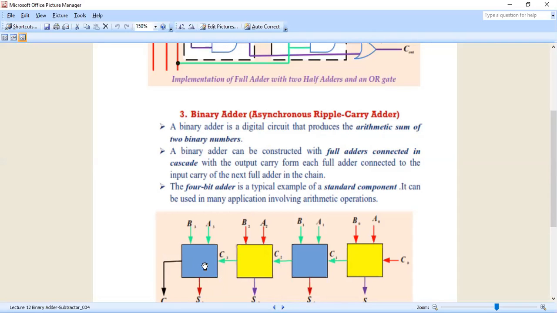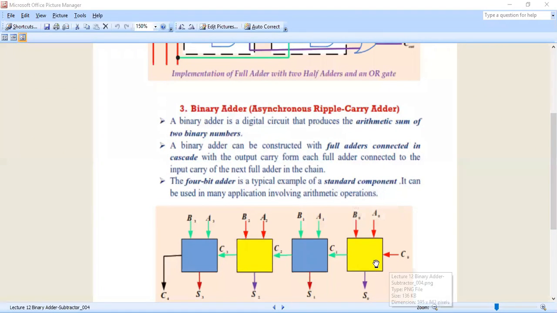So carry is additionally, you have C4 as well. Finally, we got the output. So we will take into consideration only C1, C2, C3, and C4. Carry itself, we have to take the values from C1 to C4. Why? Because C0 we will assume that value. C0 will be considered 0.